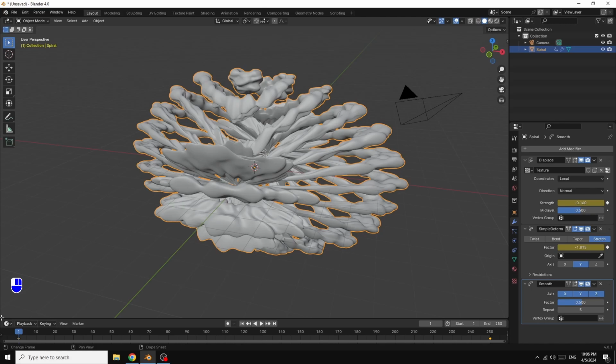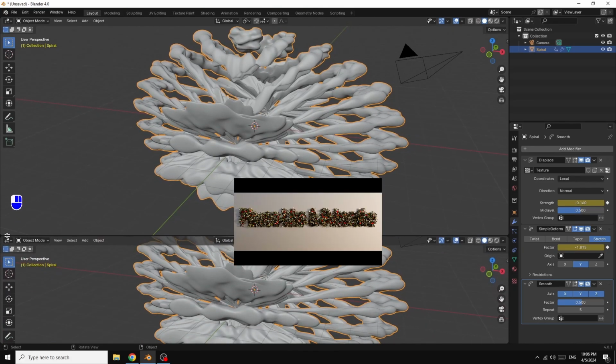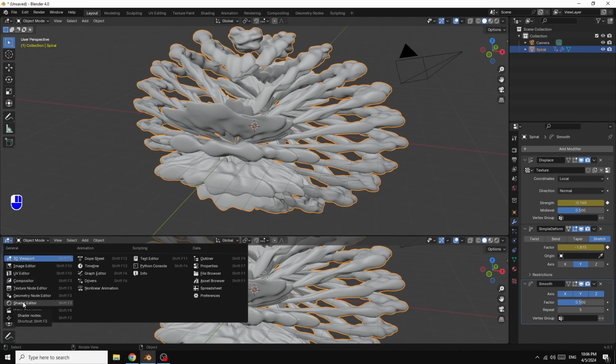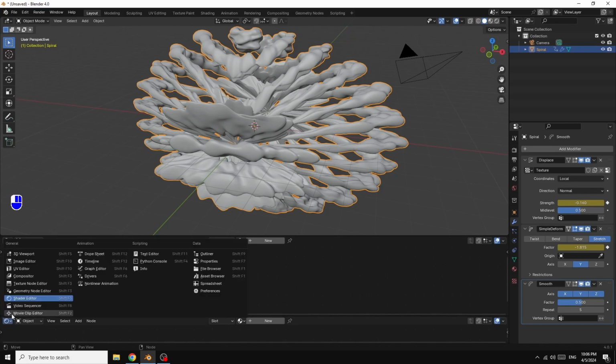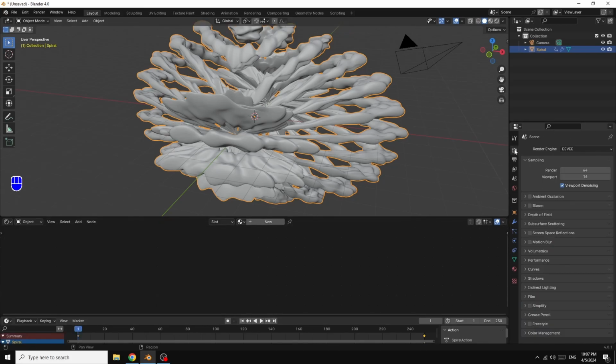Here when you see the plus, oh, I made a mistake. Here when you see the plus up, and go here in shader editor. Hit N to close this window. Now, here, up, and we will get back our timeline, as you can see. Go here